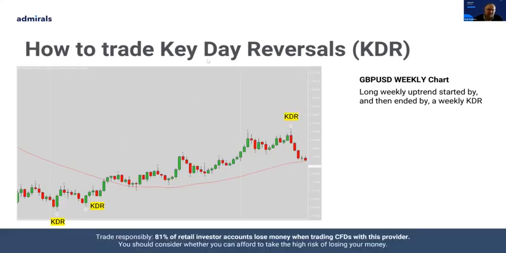And I remember this very well. This is a very big weekly chart of the pound against the US dollar. Price had been in a downtrend. What happened here? Price pushed to a new low, rallied up, closed higher than the previous candle's high. That is a bullish key reversal. Price comes up and it falls back a little bit. Not a real shock, but then what does it do? It prints another bullish key reversal on the weekly chart. Pushes to a new low, rallies up, closes higher than the high of the previous candle.